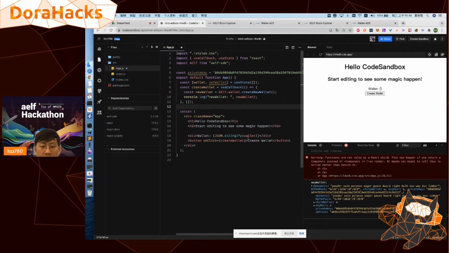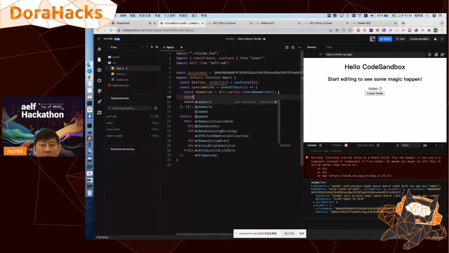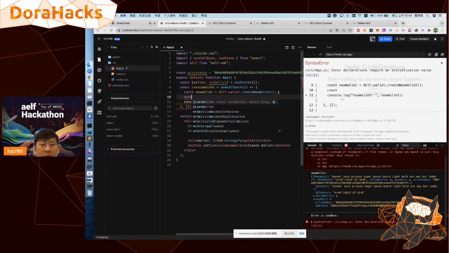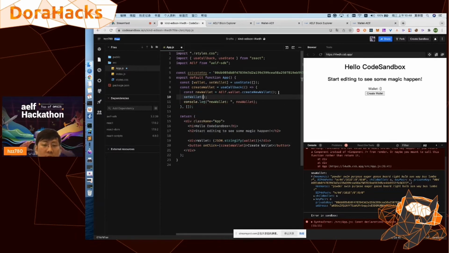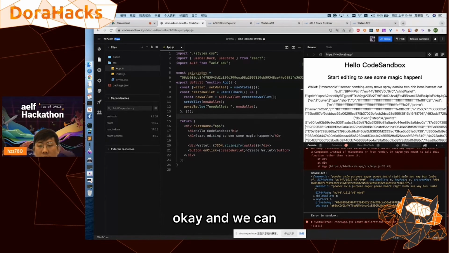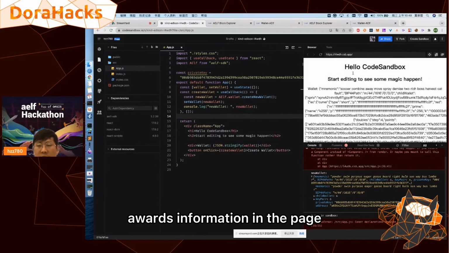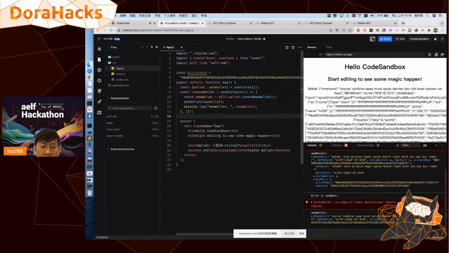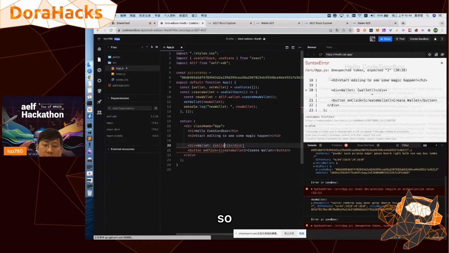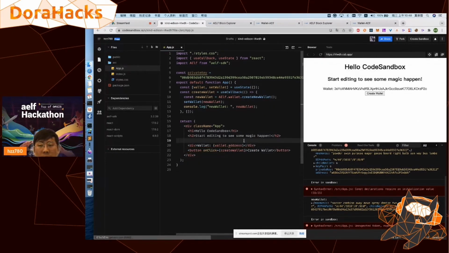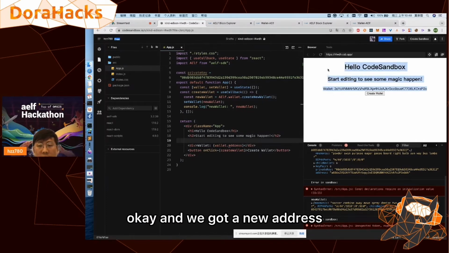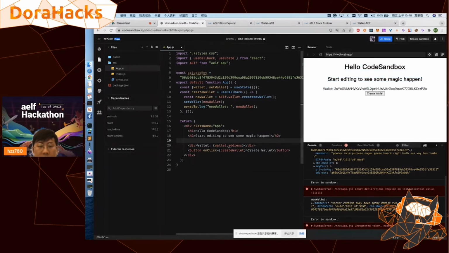Okay, wallet. Sorry, set wallet. Wallet. Okay, and we can see the wallet information in the page, but it's not friendly for us. So we just show the address of this wallet. Okay, and we got a new address. It's a random wallet